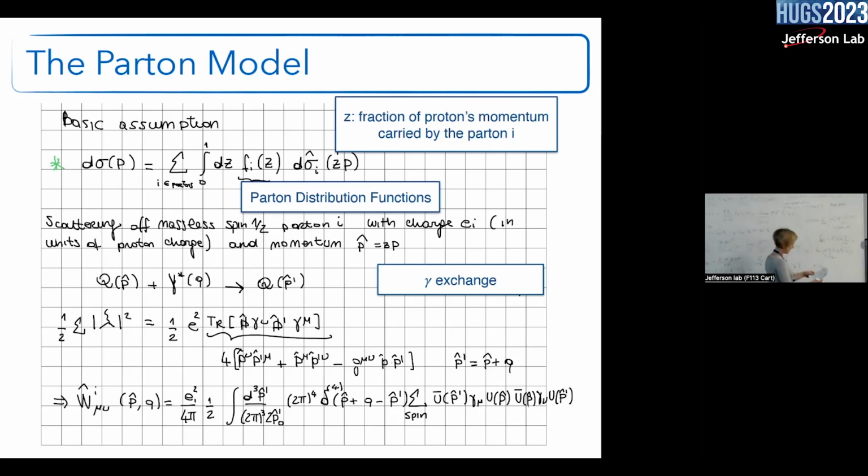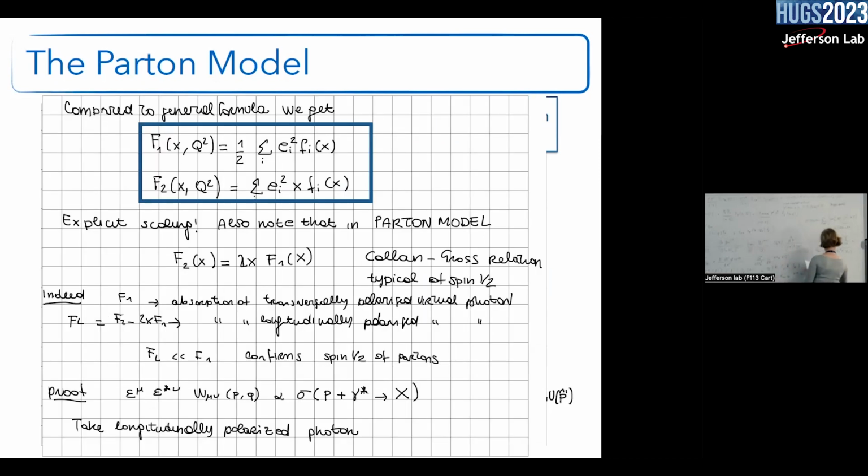If you plug it in, I don't want to do it because it's simple algebra, and I did it in my notes, so you can go through my slides and do it yourself. But the beautiful thing that you find is that you plug this into our formula and you find that the structure functions are just equal to, and it's not magic, it just comes from the same procedure we did before,